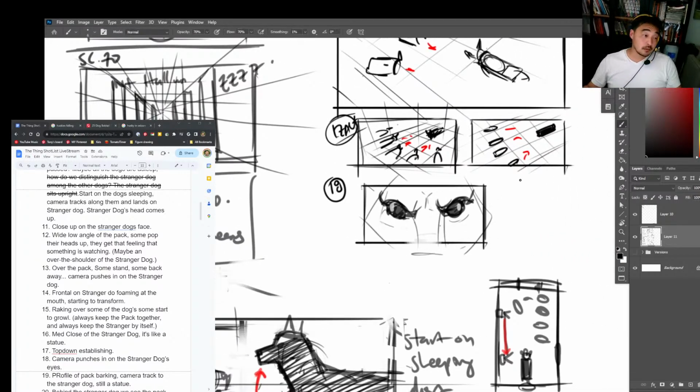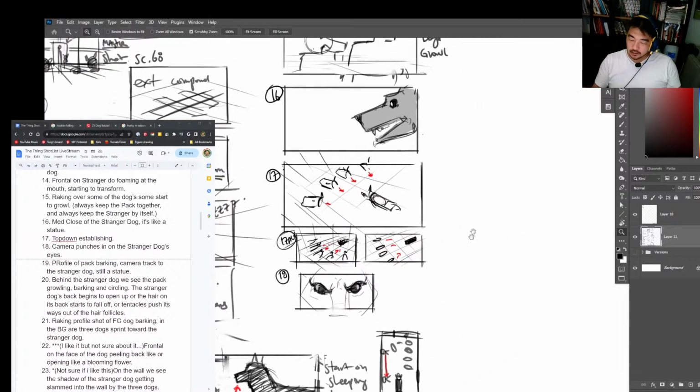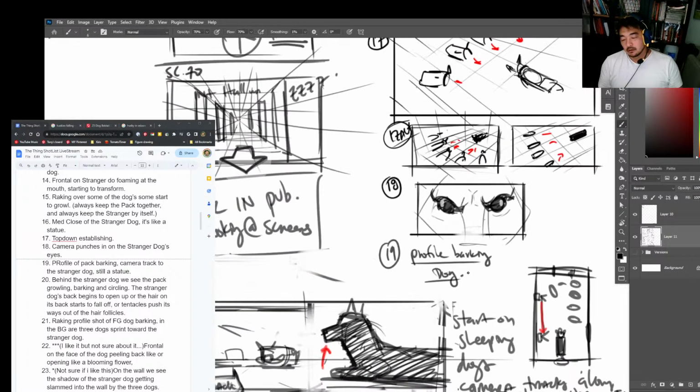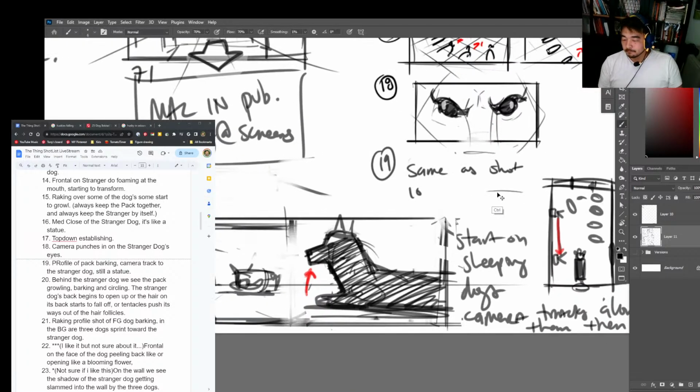So yeah, this is a close up on the eyes. This is 18. Let's go to 19. Profile of pack barking. Camera tracks to the stranger dog. Still a statue. Now these are kind of getting a little repetitive, so I'm just going to keep moving. I'll just write it down, like 19. Profile, barking dog. It's basically shot number 10. So 19, same as shot 10, but maybe the dog will be more